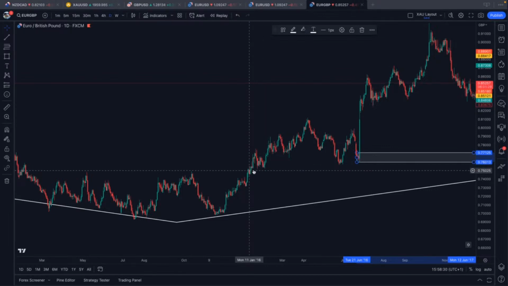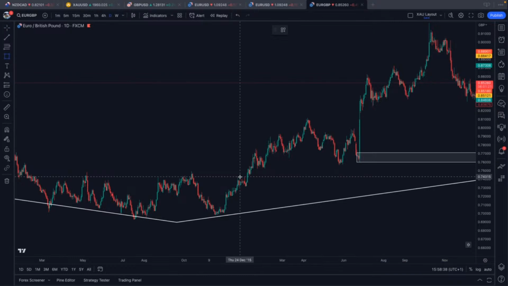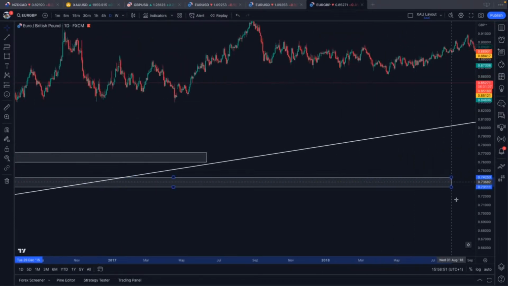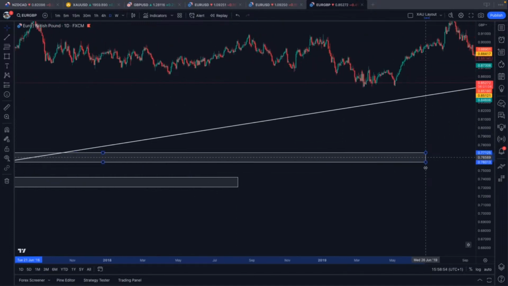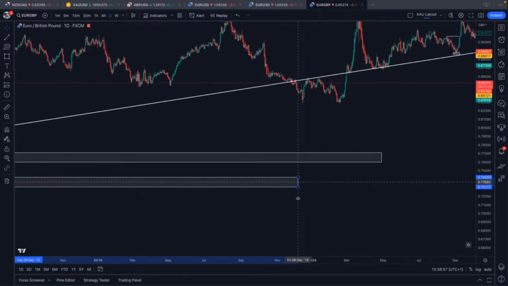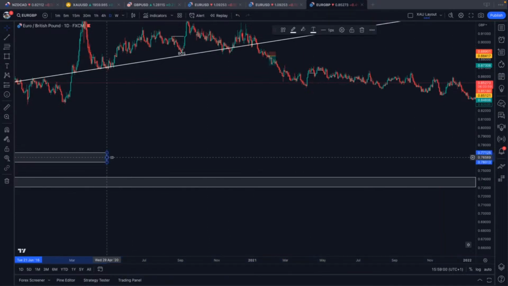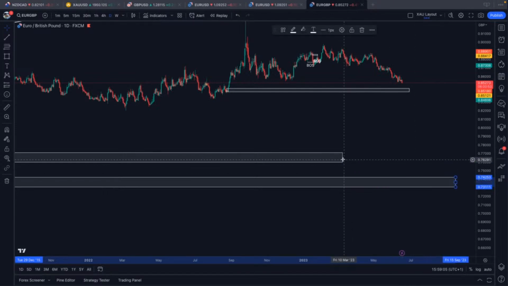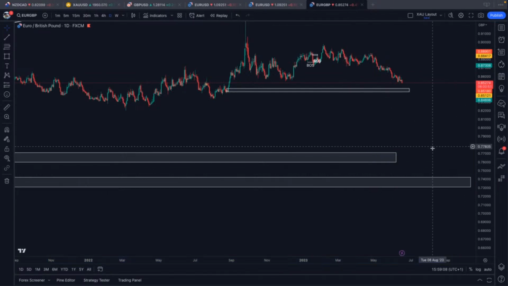This comes to tap into this, so that's fine. This, however, has been left unmitigated, so I'm going to highlight this as a potential area as well. This here comes to tap into this. This comes to tap into that. So everything else seems fine. So I've got these two potential areas as well. Just drag these all the way across for us. Perfect. So those are our extreme higher time frame demand zones